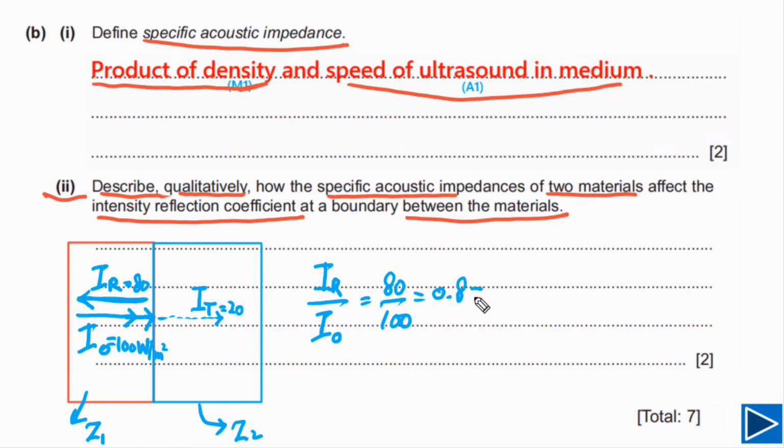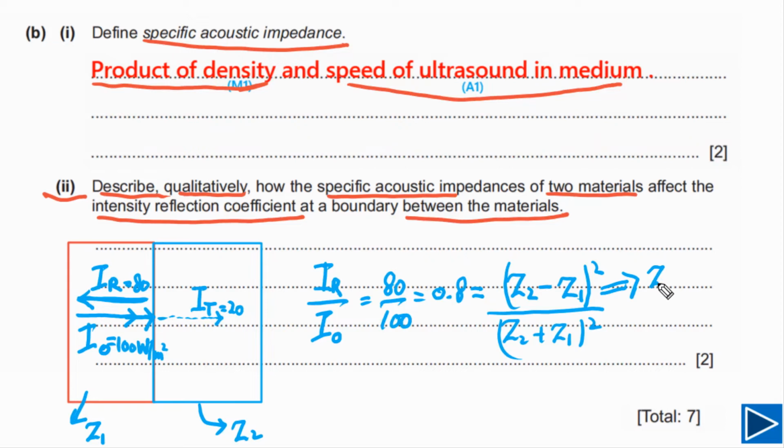And intensity reflection coefficient we can also calculate by using acoustic impedance. So (Z2 minus Z1) squared over (Z2 plus Z1) squared. By using acoustic impedance, if we have acoustic impedance of these two media, we can use this formula to find out intensity reflection coefficient. But in this case, we need to understand if